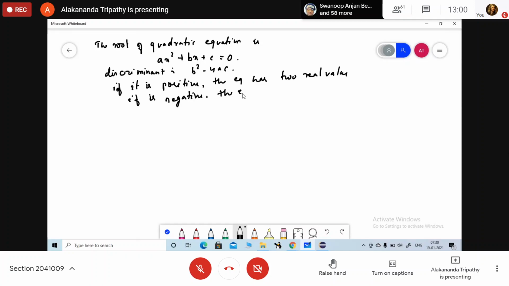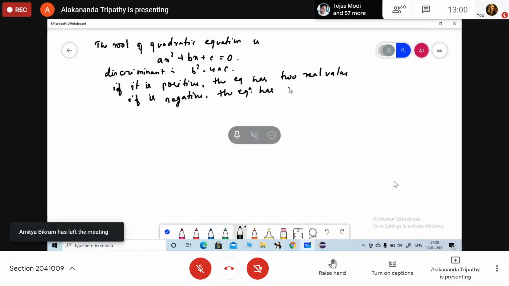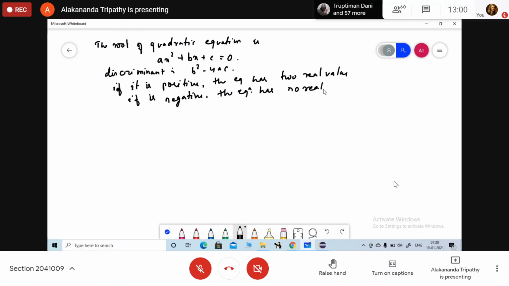Imaginary value. The equation has no real roots. And if it is 0, equal roots. The equation has one real root.